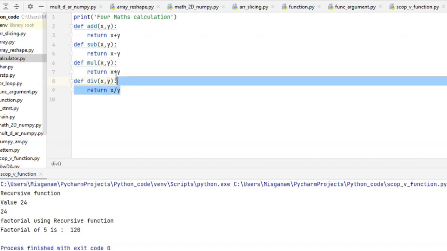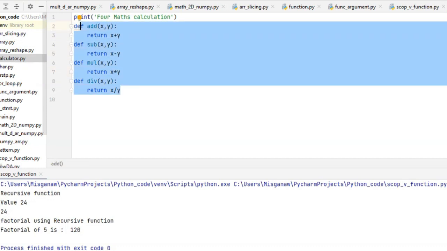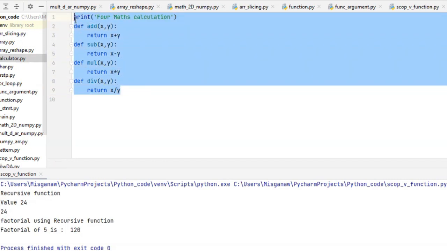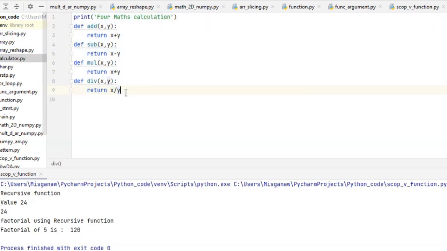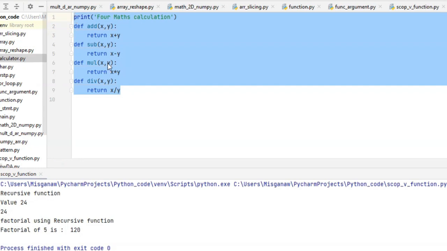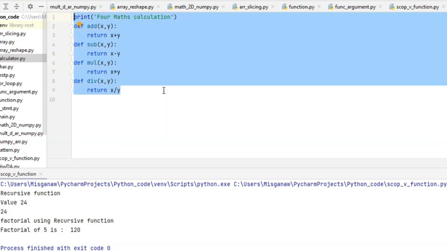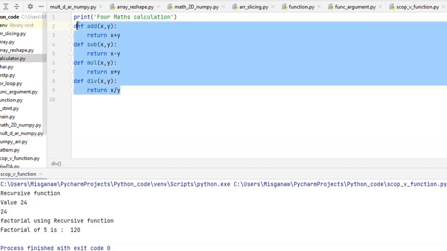Now this calculator.py Python file is a program to perform the four mathematical operations. Now we can pass the actual values of x and y from another Python file and display the result of these four mathematical operations.